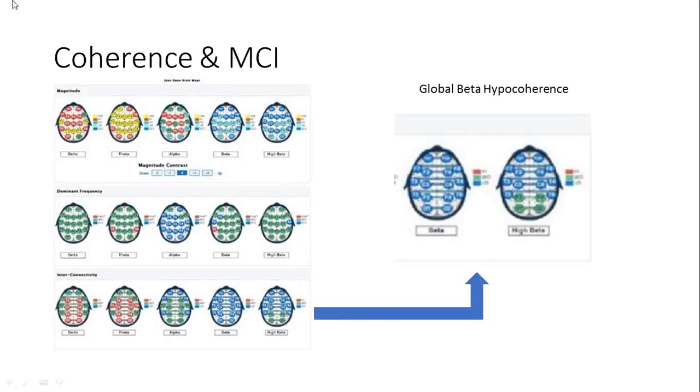Coherence and mild cognitive impairment. Again, we see a similar pattern in mild cognitive impairment. This is getting into problems again with delta and theta, which shows up in cognitive decline, head trauma, Parkinson's, and again, the loss of high frequency. You can see that same pattern here, the global beta hypocoherence. When you see elevated delta and theta and global beta hypocoherence, as Dipole says, you're losing a lot of connectivity both intrahemispherically and interhemispherically, and cortically and subcortically. That's a bad sign when you see this happening in your map.